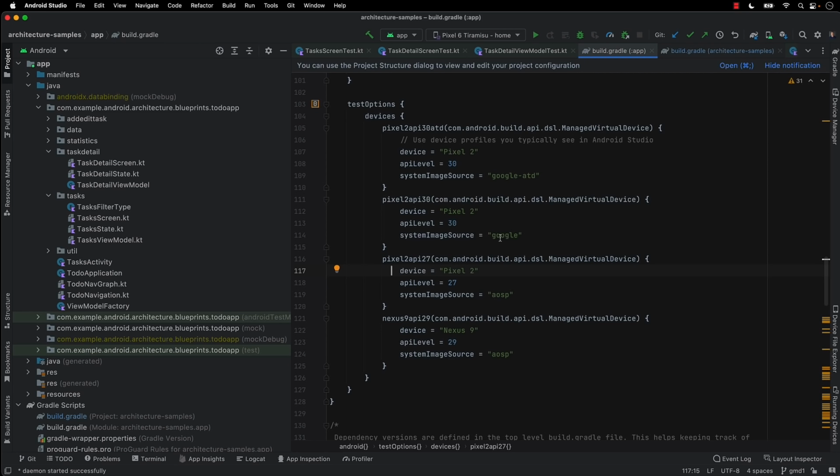We've also created a new type of system image, an automated test device, or ATD for short. These are specially optimized to run tests. They don't include things that your tests probably don't need, like the Settings app, Gmail, Google Maps, and so on. Note that I don't have to go and pick a specific system image.